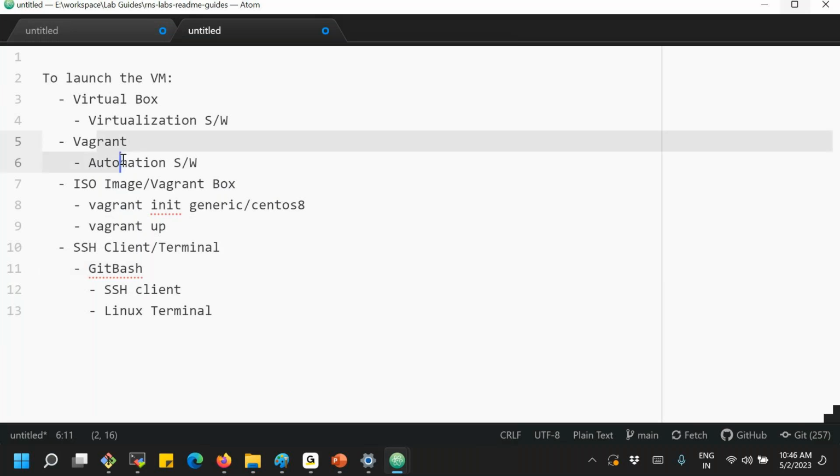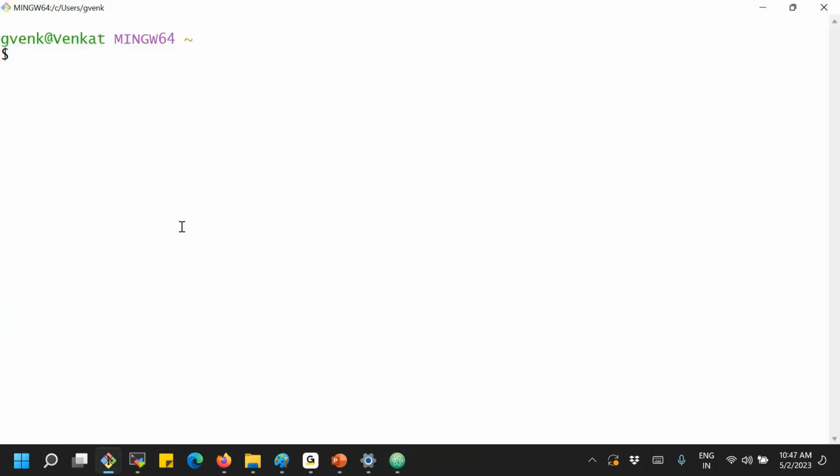And how do we verify that Vagrant is installed or not? We didn't see this Vagrant verification. We just did the installation, but we didn't verify it. How do we verify it? Once Git Bash is installed, you can open the Git Bash terminal and run vagrant --version. If this command returns Vagrant with a particular version, what is the version showing? 2.3.4. So on my system, Vagrant has been installed and the version is 2.3.4. That is the meaning of this.